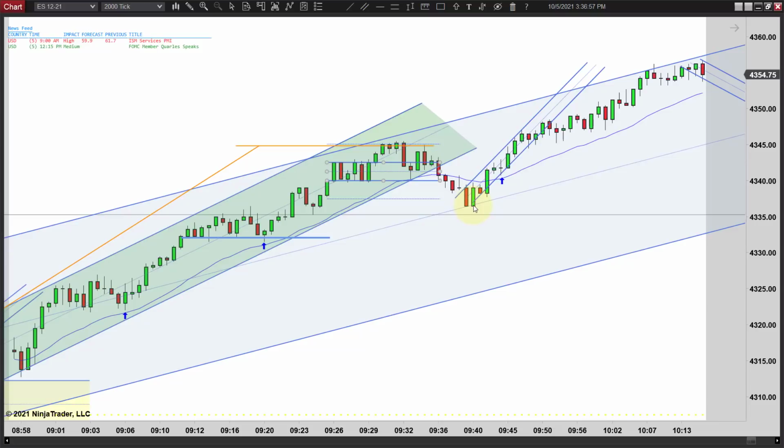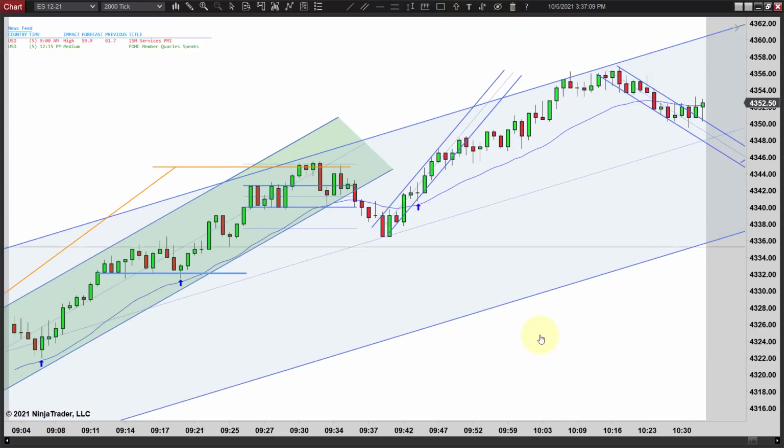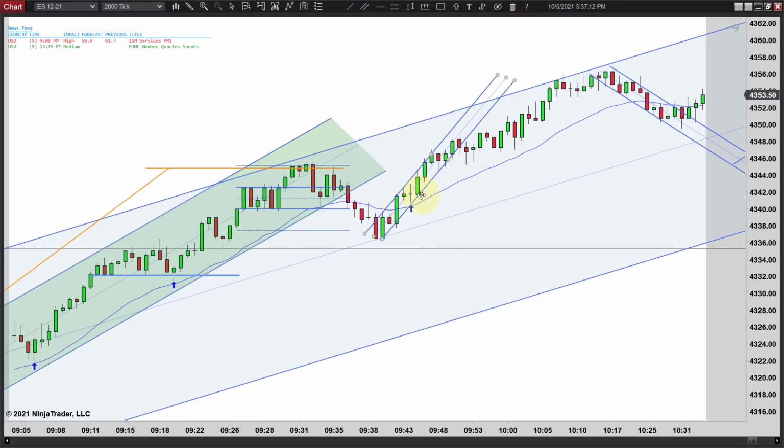But it comes right back to the midline. It bounces off of it. You get a first entry short. It pushes up through the EMA. You get a second entry short that fails. If it breaks higher there, it's probably going to take off again, and look at it go. It quickly got a break of this channel though and moved to a new high. So I don't see anything up through here that's probably worth trying to enter on.